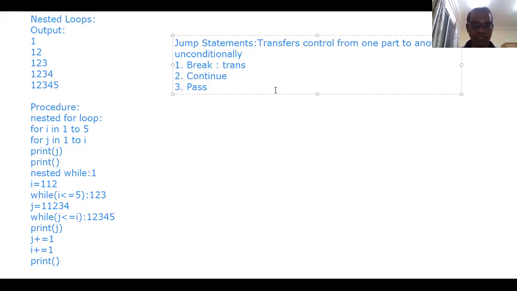Here break transfers control out of the loop immediately. Whenever the break statement is encountered, it transfers the control out of the loop.